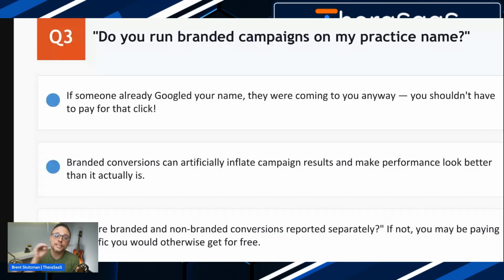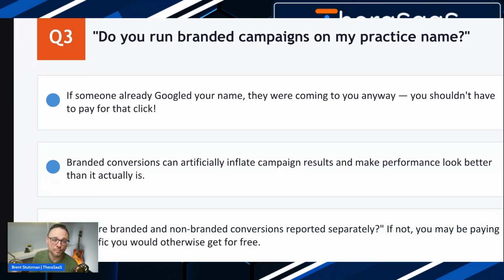Now, those clicks are probably 10 cents, 25 cents, 50 cents. A lot of companies will run branded campaigns just to capture those clicks. The other thing is people will sometimes type in Kid Matters Counseling just to get the phone number, and they'll click on the Google Ads number.